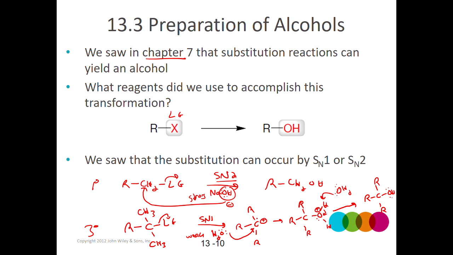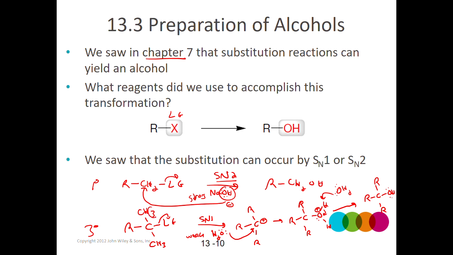I see a lot of students doing that. Just because you want it to happen doesn't mean it'll happen. So you can't expect a leaving group to leave and then a strong nucleophile to come in, because a strong nucleophile usually would get involved right away. If it's a nucleophile only and it can't act as a base, then it could wait and come in on the carbocation. But if it's also a strong base like OH minus or methoxide or ethoxide or tert-butoxide,